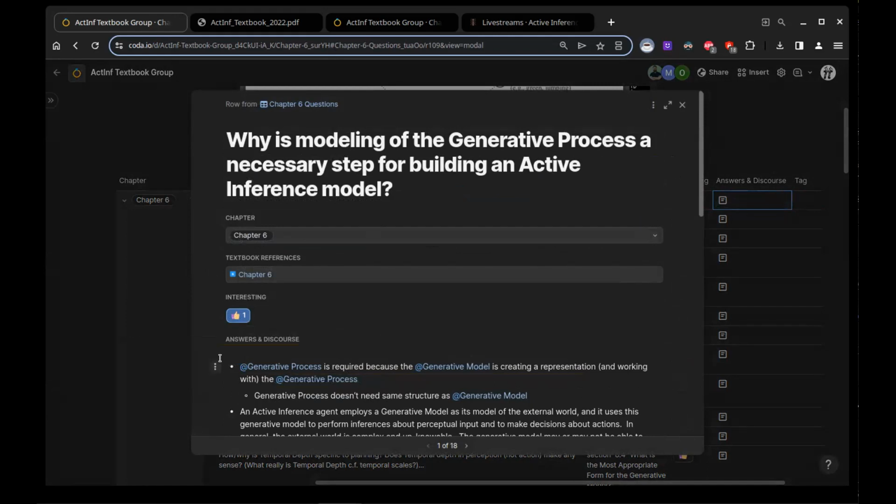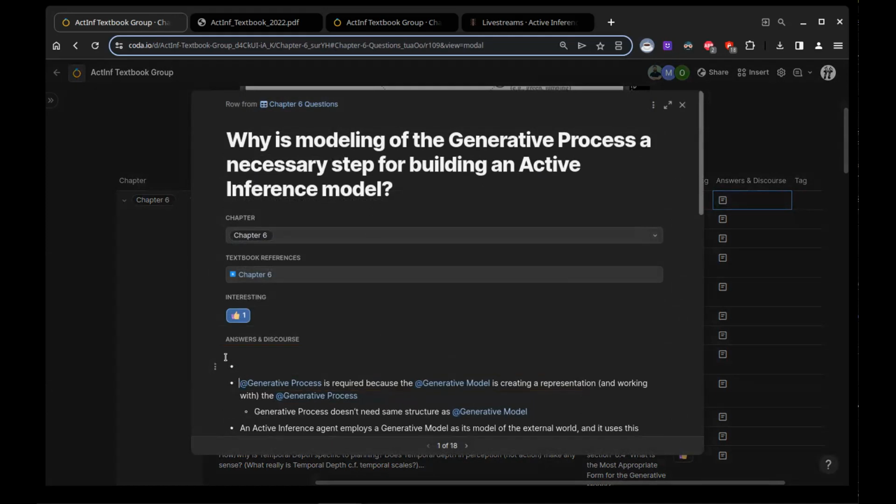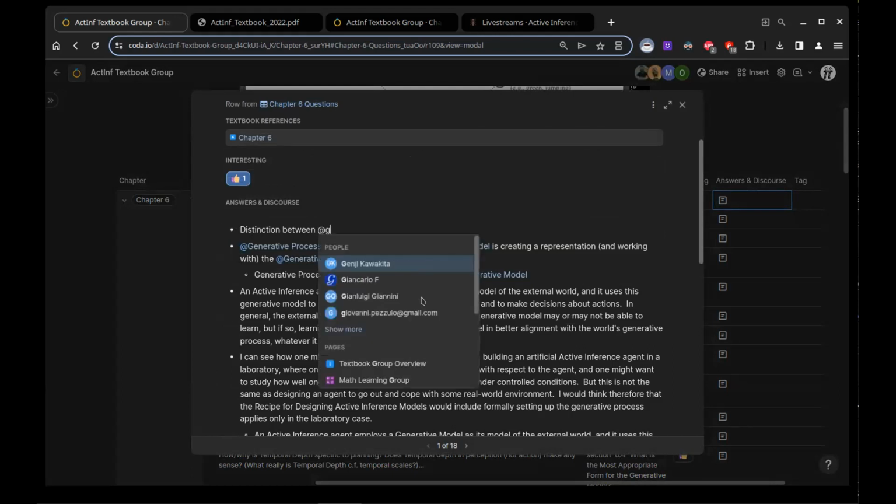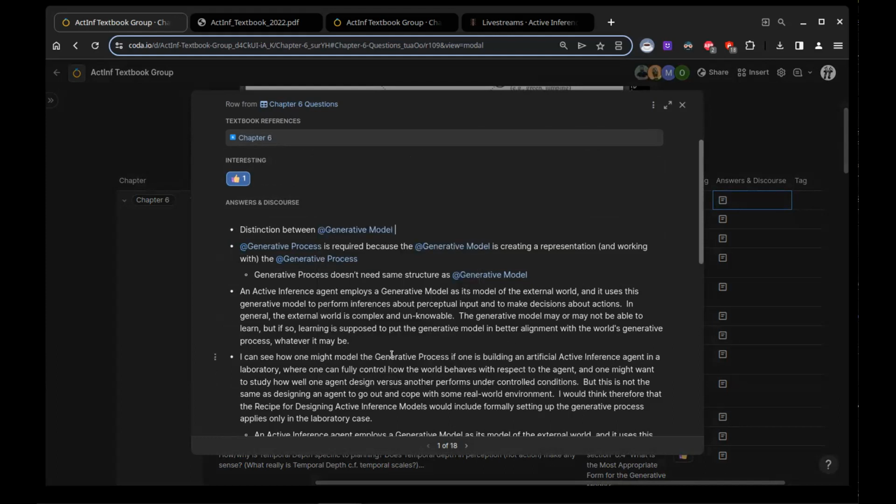I think as we talked about the distinction between generative model and generative process before, at least according to the previous active inference framework, generative process basically refers to the latent state of the observed data we get from the environment.